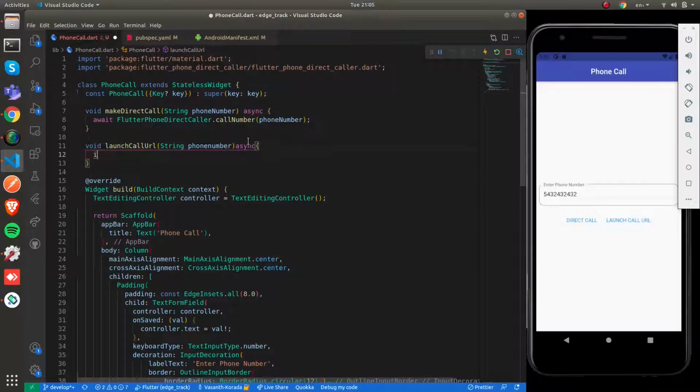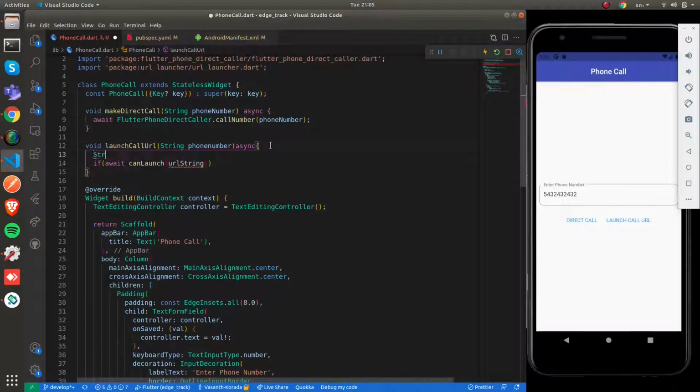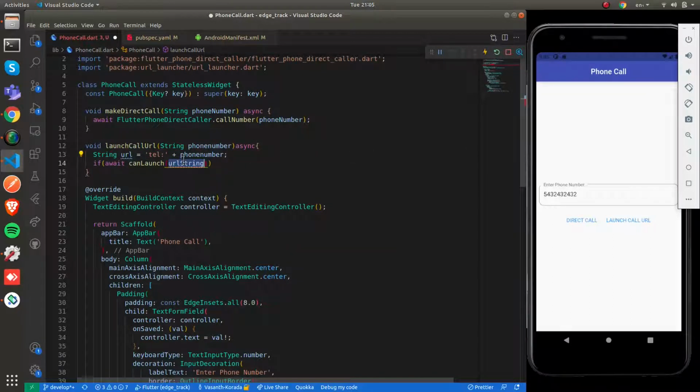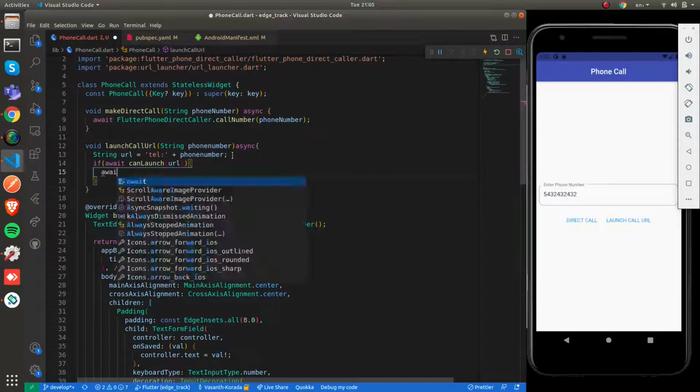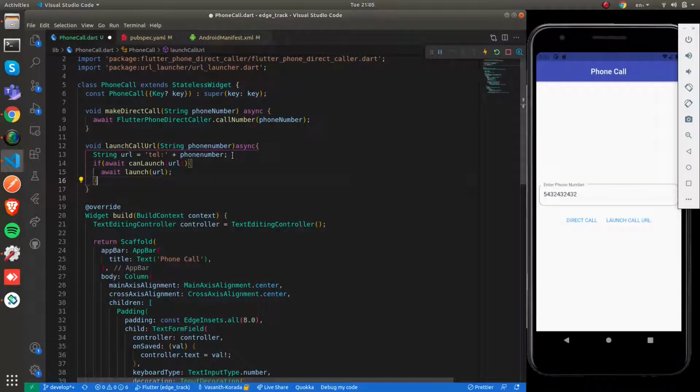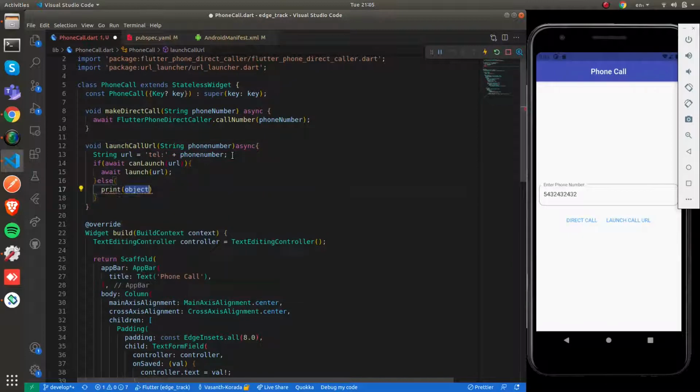First, let me prepare the URL: tel: and after that I concatenate the phone number. Then I check if await canLaunch the URL. If so, I await launch of the particular URL. Else you can print or throw an error, you can say cannot launch.